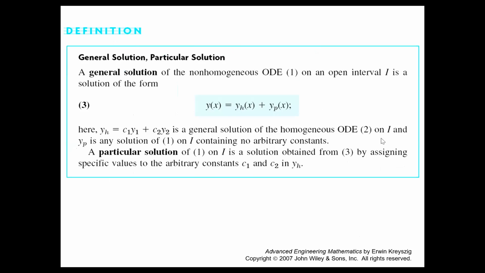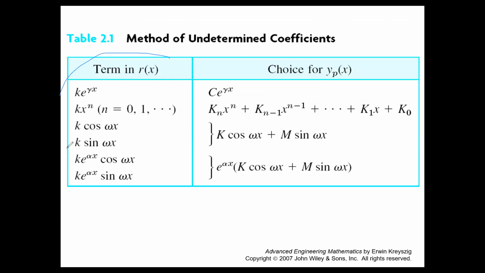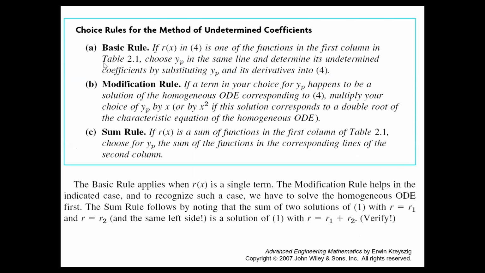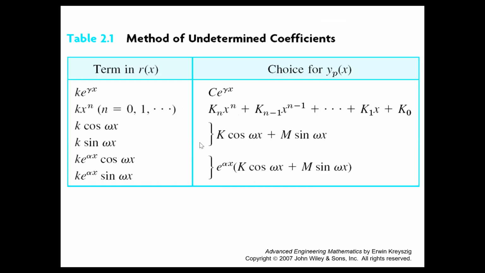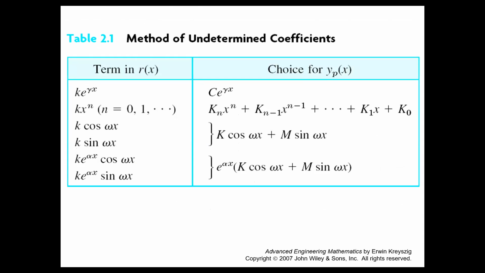For the non-homogeneous case, we look at the table, what we call the method of undetermined coefficients, and there are also 3 rules, which are called the basic rule, modification rule, and the sum rule. And then the last one is when you have a non-homogeneous equation with still a constant coefficient, but the r(x) is not listed on the table. In that case, you can use the method of variation of parameters or the Lagrange method, and you work with the Wronskian